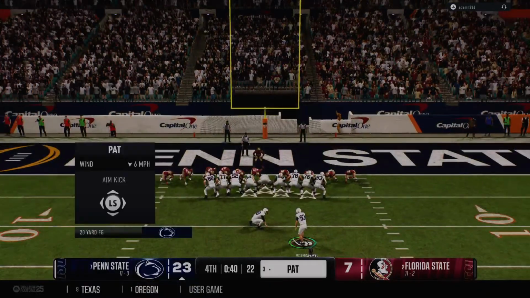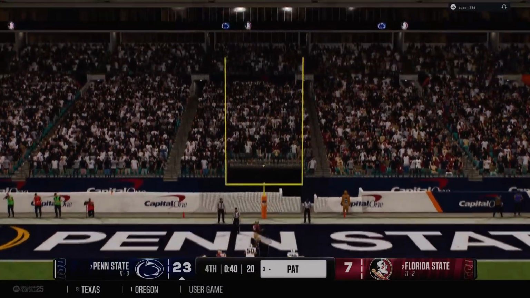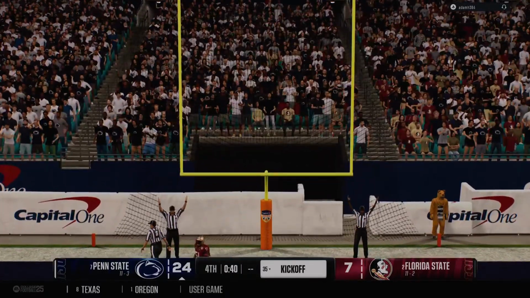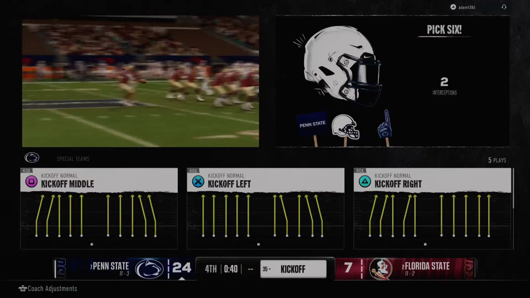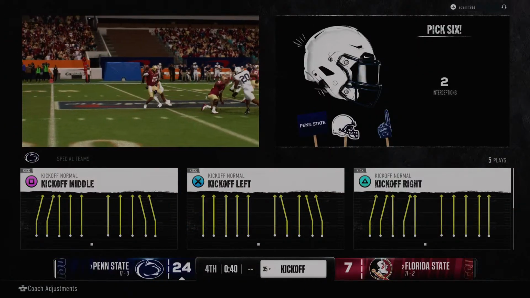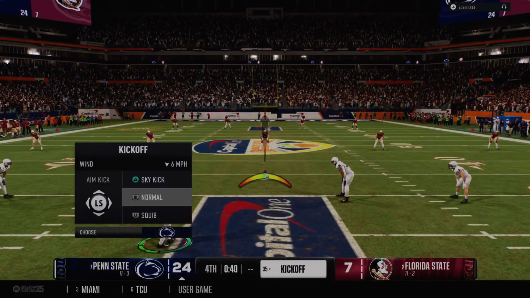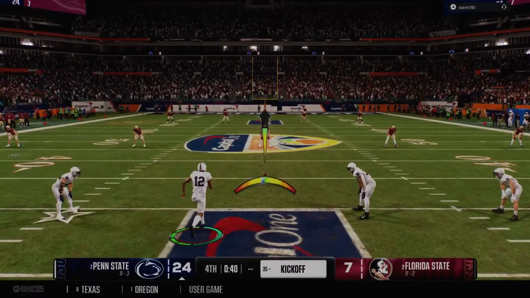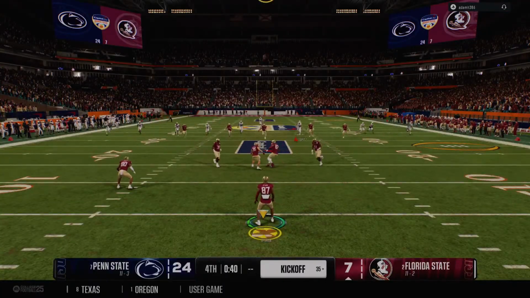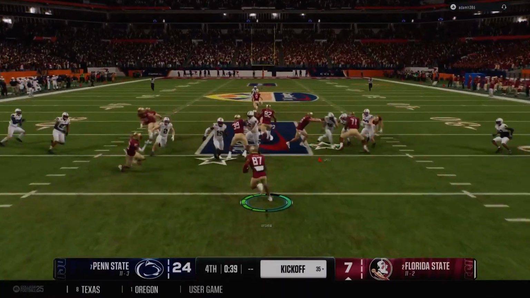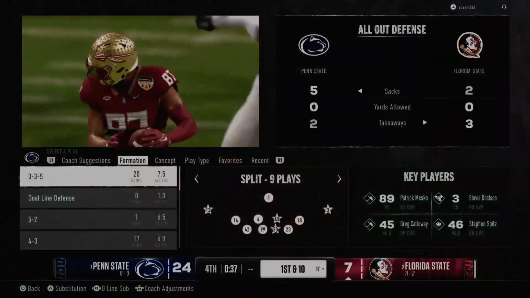And now here comes the point after attempt. And the extra point up and good makes it a three-score game, up 17 in the fourth. Now the kickoff team is out on the field. Return starts from inside the 5. To be tackled at the 17. Strong job by the coverage team.